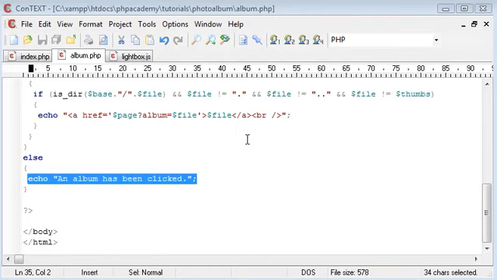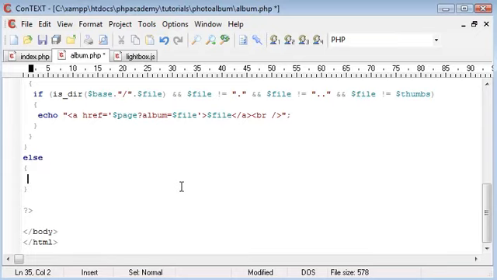Okay, so in the last part of the tutorial I left you with the ability to click on an album but not the ability to see what was in it. So this is what's going to go inside this else statement. And what we're going to do is start off with a check. In fact, not again, because we didn't check anything in the first place, but what we're doing here is